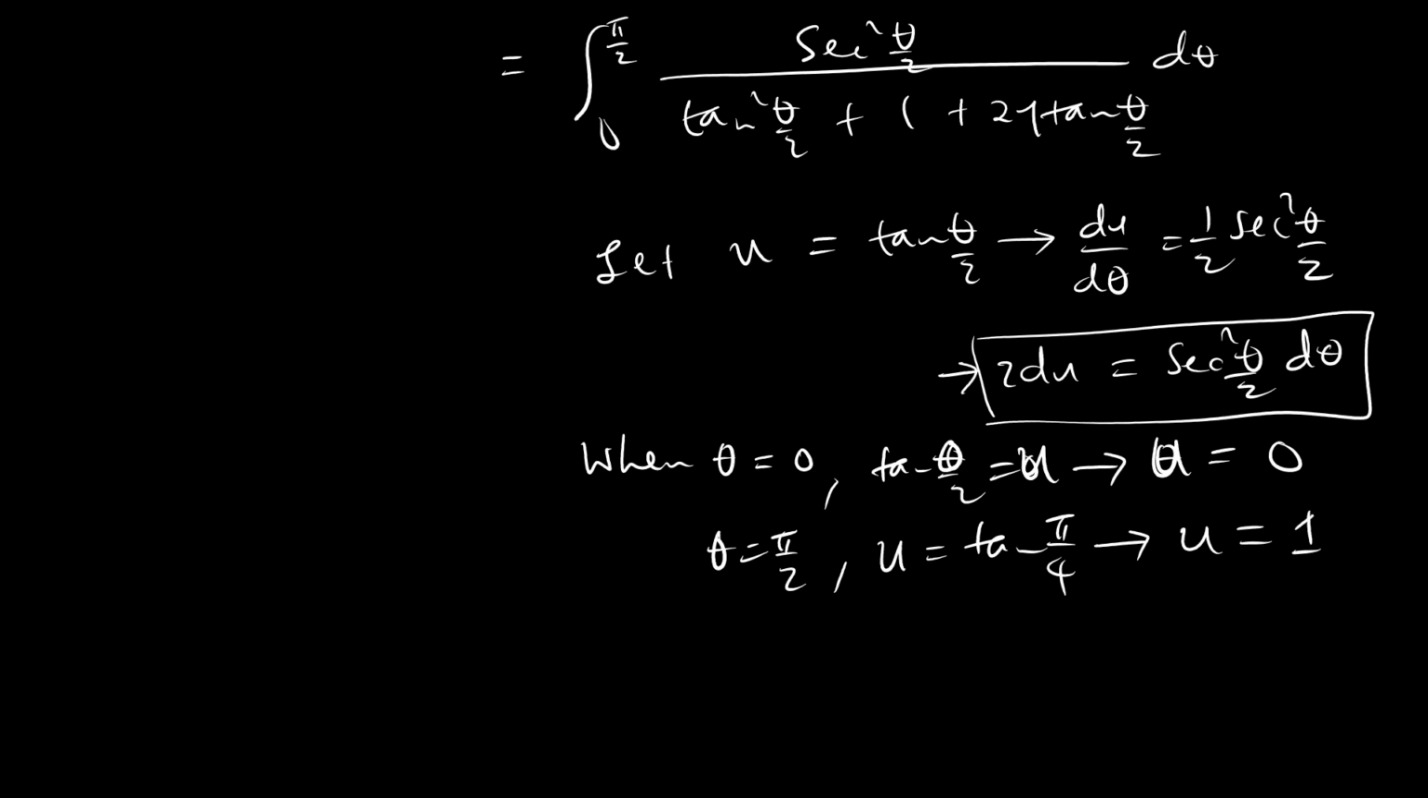So let me just rewrite that so that there is no ambiguity. So let's delete this, delete that. So when theta is 0, u is equal to 0. Okay, so our problem here now becomes, if we have the integral from 0 to pi over 2